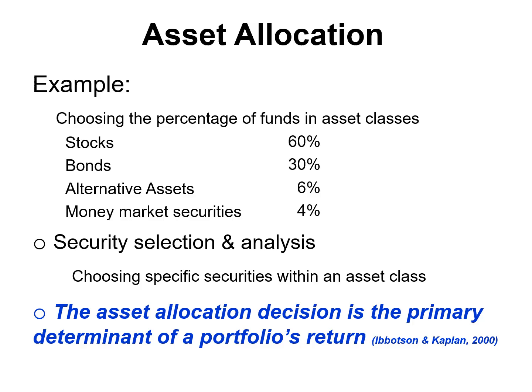You should specifically look for the writings of Ibbotson and Kaplan, in particular, an article from the year 2000 entitled, "Does Asset Allocation Policy Explain 40, 90, or 100% Performance?" You can find it in the Financial Analyst's Journal, either in the Keiser library or possibly if you do a search using Google Scholar.